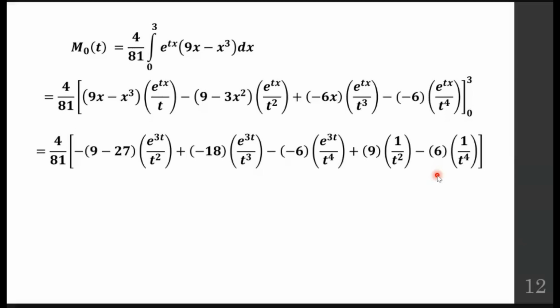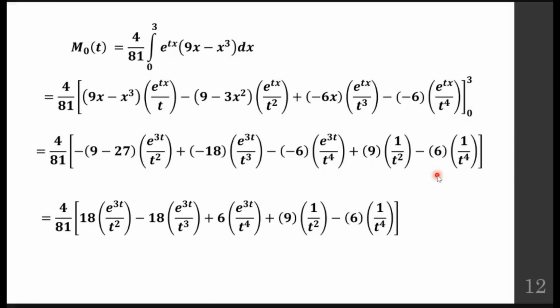So simplifying, that is going to be the MGF. We cannot simplify further, because here e raised to 3t upon t square, here 1 upon t square, so we cannot combine, no like terms here. Leave it like that. Okay, now after this we have to find the algebraic